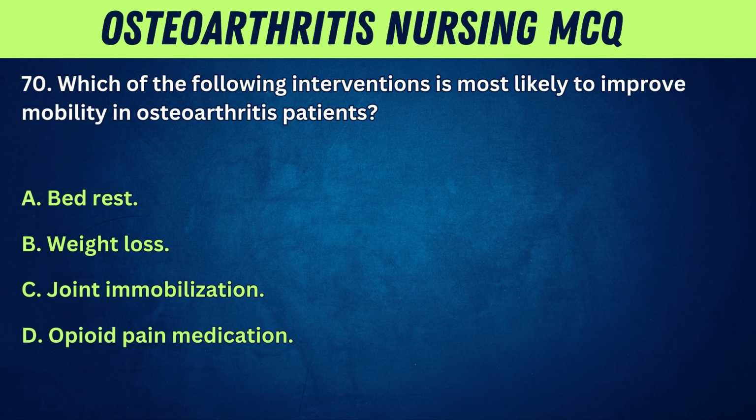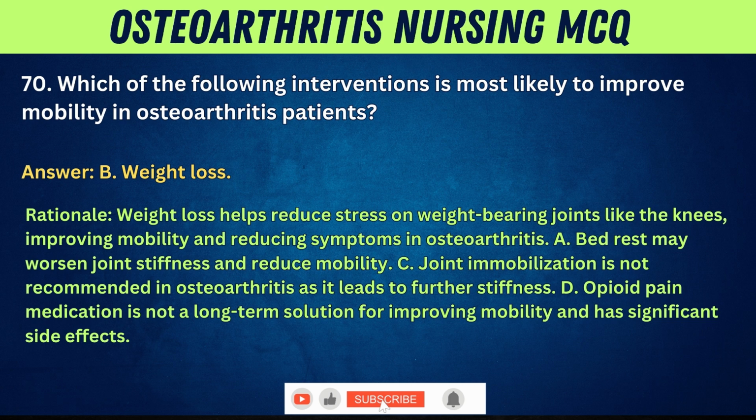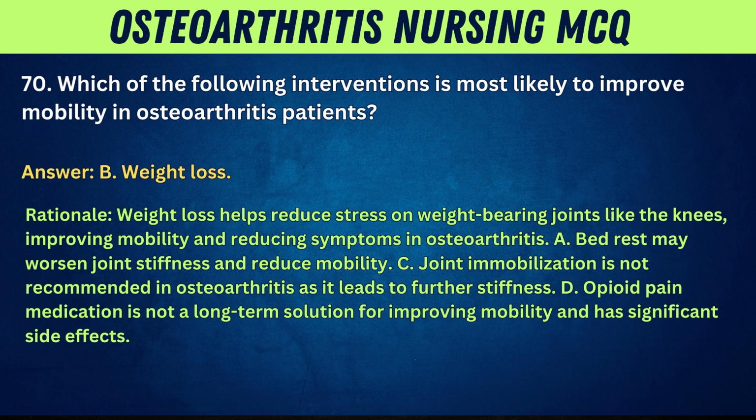70. Which of the following interventions is most likely to improve mobility in osteoarthritis patients? A. Bed rest. B. Weight loss. C. Joint immobilization. D. Opioid pain medication. Answer: B. Weight loss. Rationale: weight loss helps reduce stress on weight-bearing joints like the knees, improving mobility and reducing